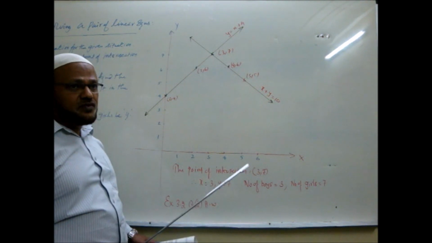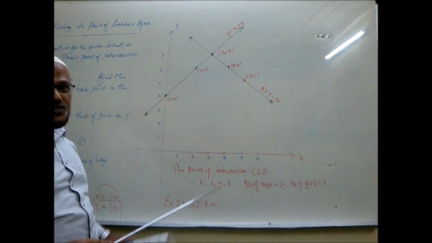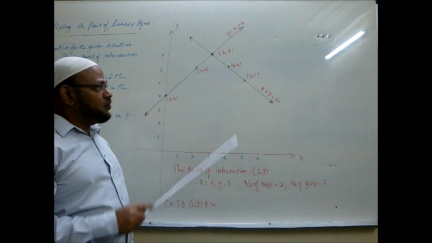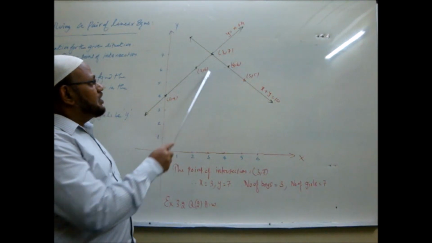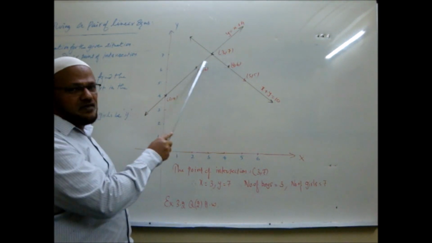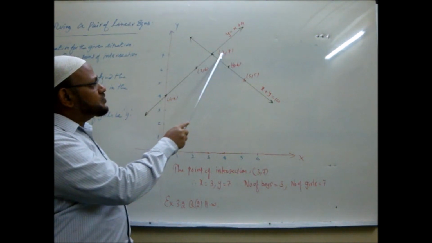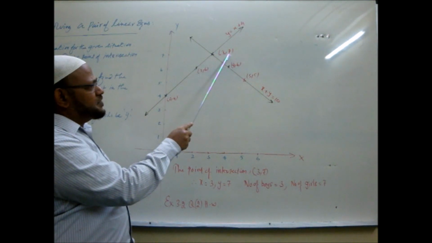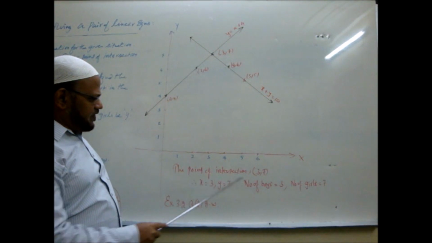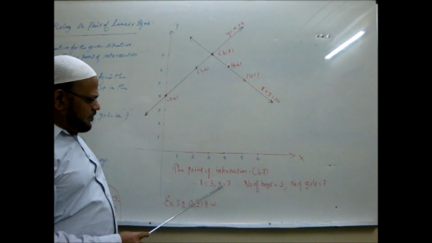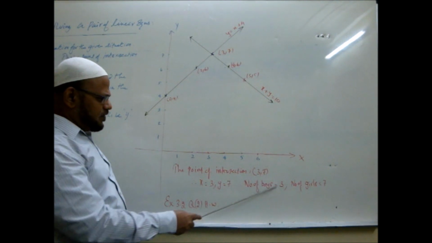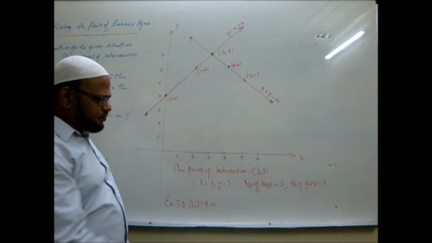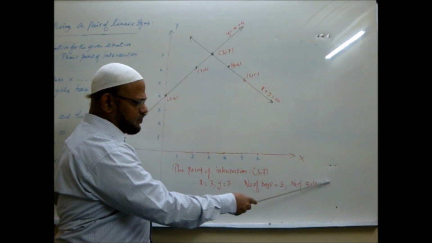I am looking for something which is a solution to both equations. So instantly what do I have to do? I am looking for a point which lies on both the lines. This point of intersection is the one which lies on both the lines, so this must be the solution for the pair of equations. So x is 3, y is 7. The point of intersection is 3, 7. So the number of boys is 3, and the number of girls is 7. The total comes to 10 and the girls are clearly 4 more than the boys.